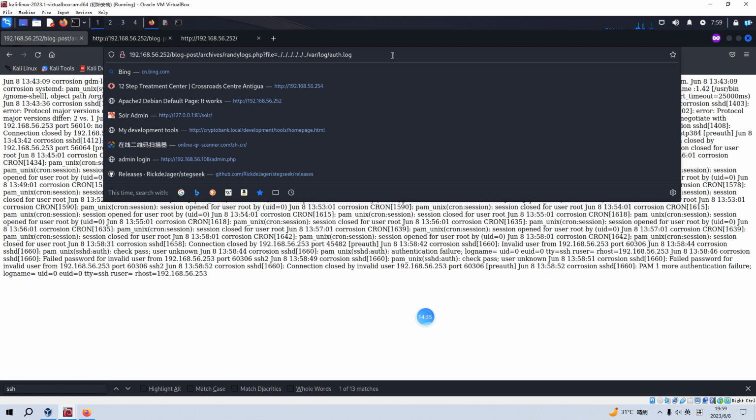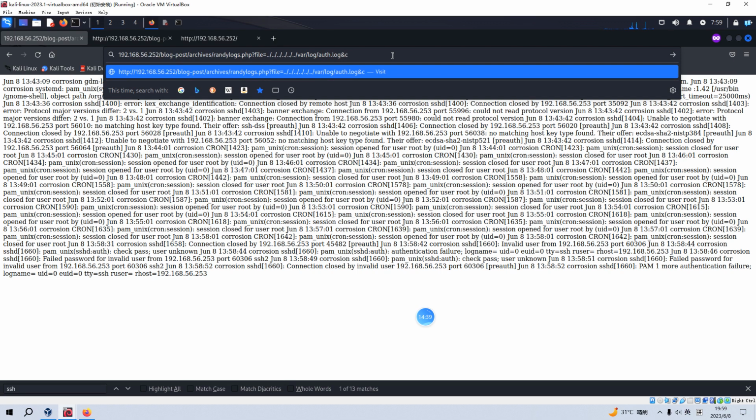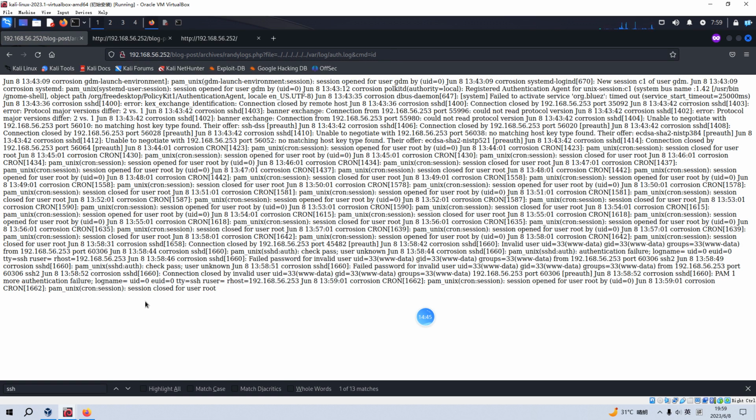And now we can run some command like cmd, whoami. Right, www-data, which is a very good thing. The next thing we need is to get the reverse shell,